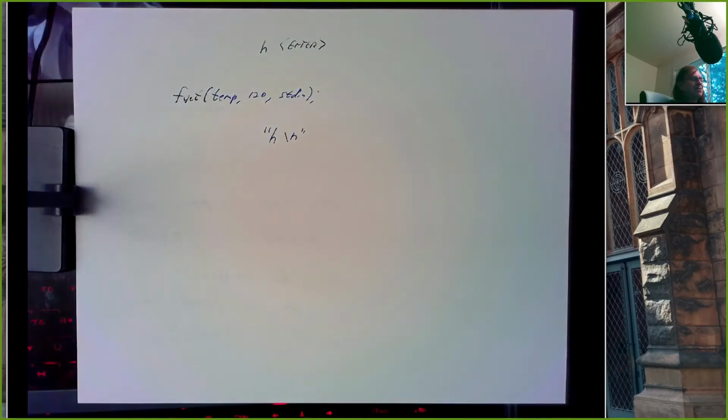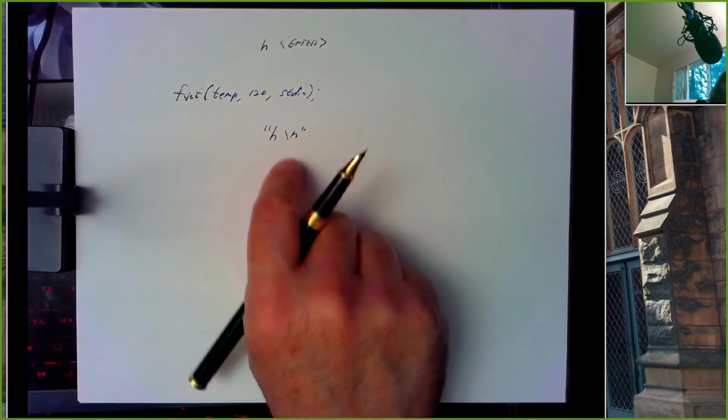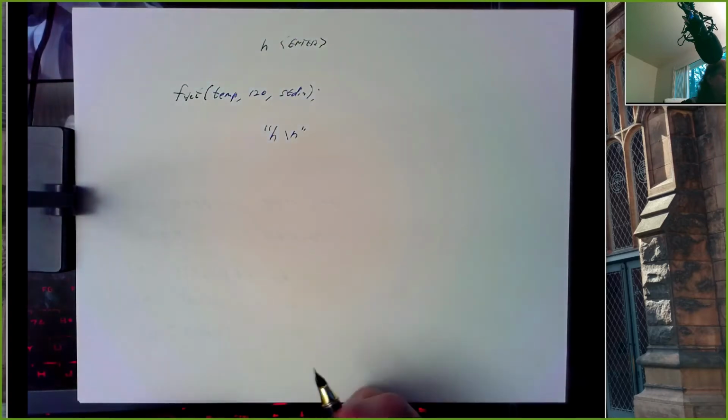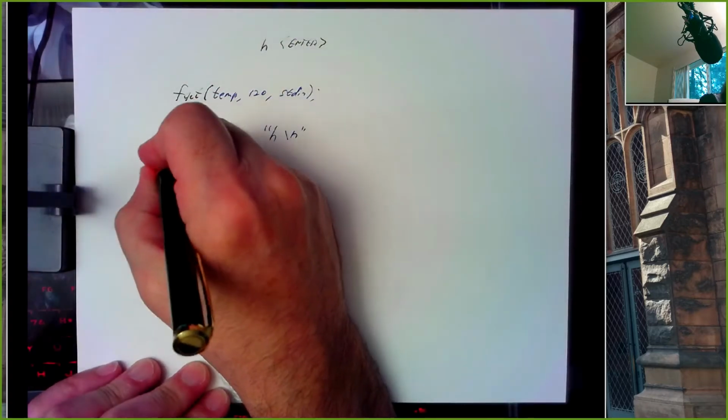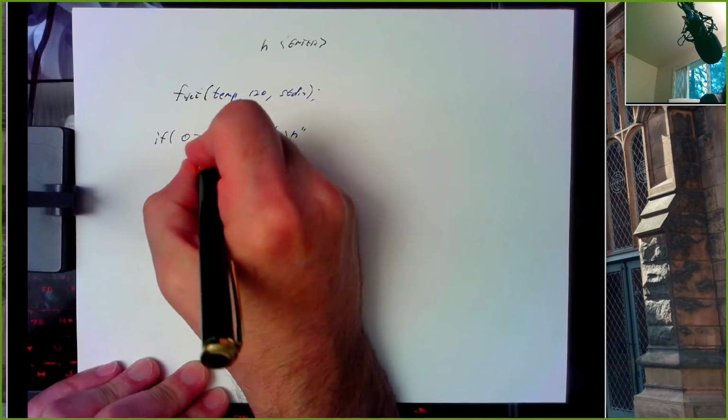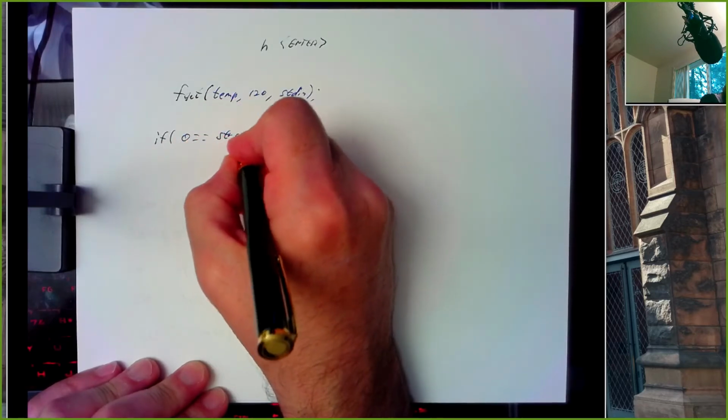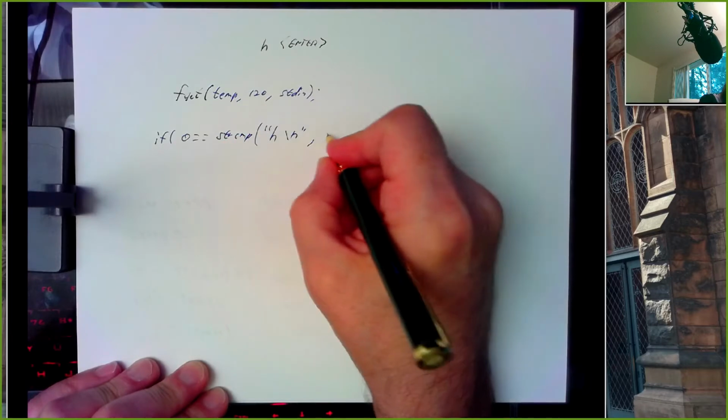That's one thing fgets does: it always tacks a newline on the end after the user's input. So we could say something like if 0 is equal to string compare of this string and temp,